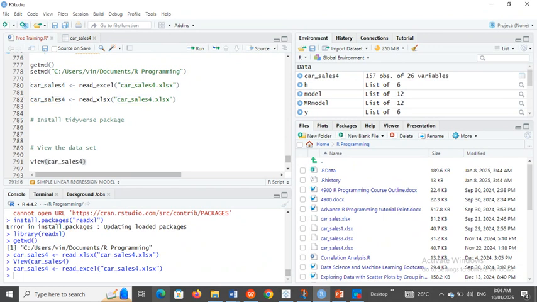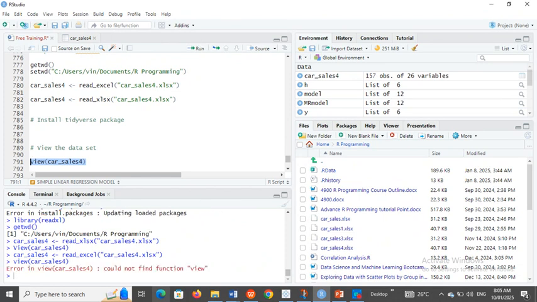Okay, now we'll run this function to view this dataset. Now it's telling us view cannot be found. So let's try installing the tidyverse package. So we call install package. Okay, we installed